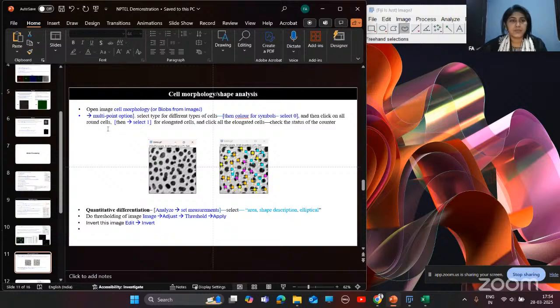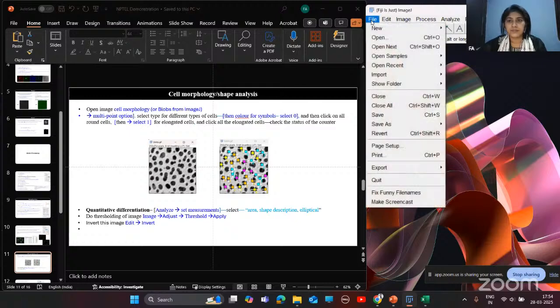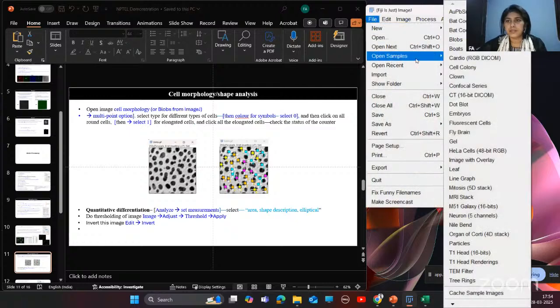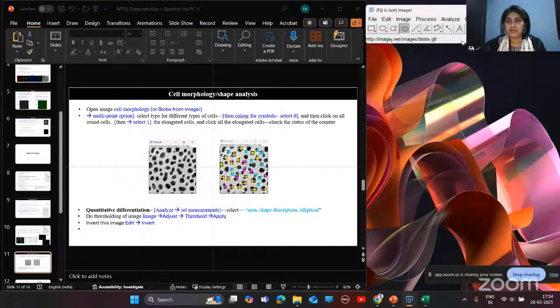Before going to this method, you need to open one image from this ImageJ software only. For this, you need to go to File, Open Samples, and from here you will find this image with the name Blobs. So just open this image.